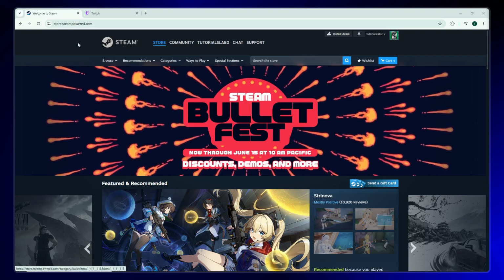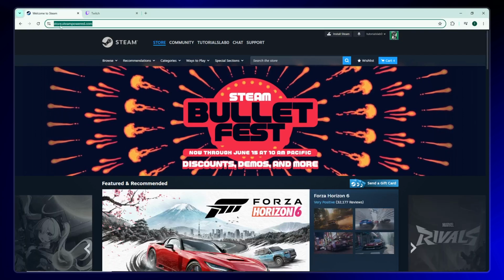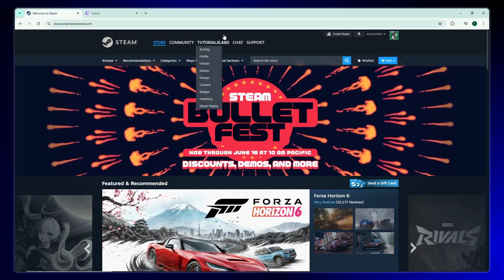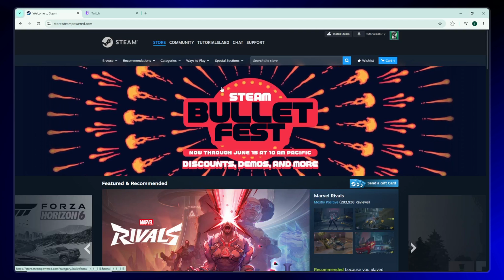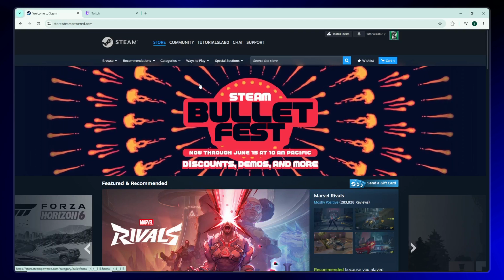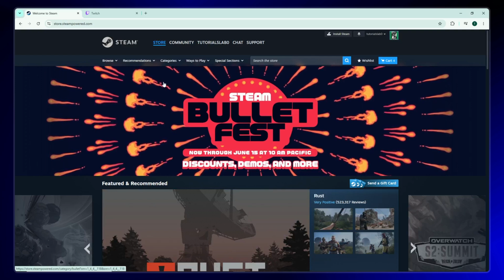First, open your web browser and navigate to store.steampowered.com. Once the page loads, go ahead and log into your Steam account. Now here's an important tip that will make this connection process much smoother. Keeping your Steam account logged in will help streamline the linking process when we move over to Twitch in just